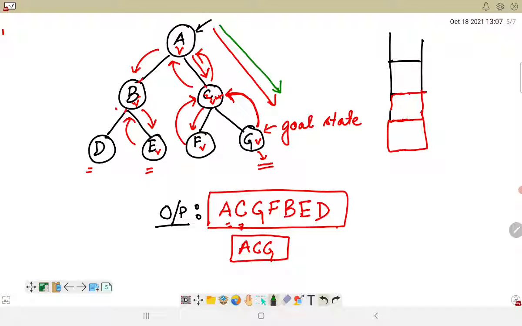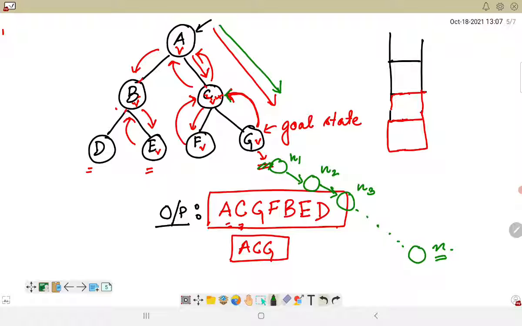Since it is reaching the end in G and G does not have any further goal, it can backtrack to C. Now what if there are some other nodes which are there after G? That means there are infinite number of nodes. I have another node N1 which is adjacent to G. N1 has another node which is N2, N2 has another node which is N3, and likewise I have n number of nodes or infinite number of nodes.